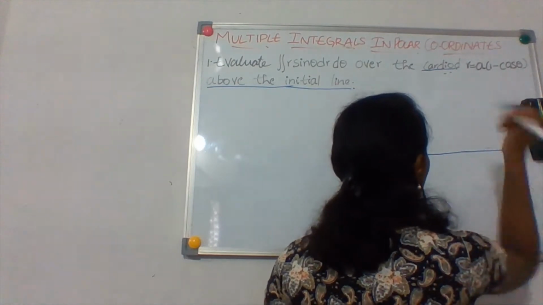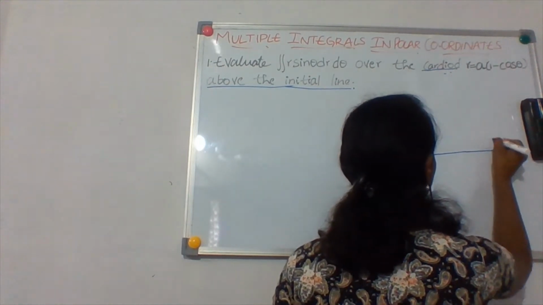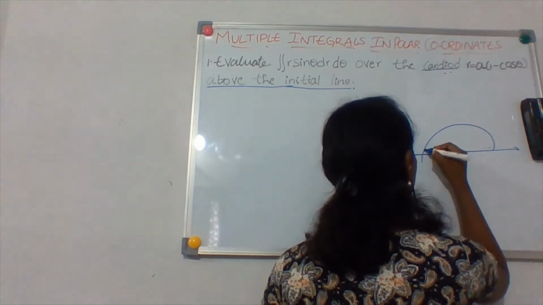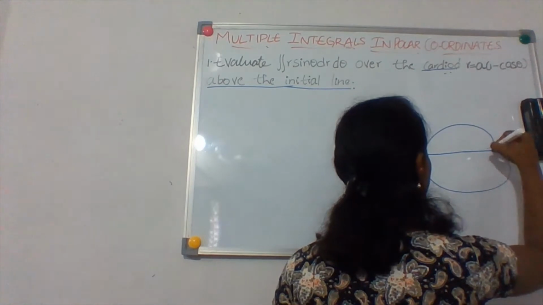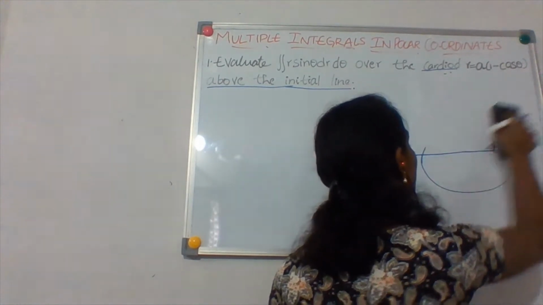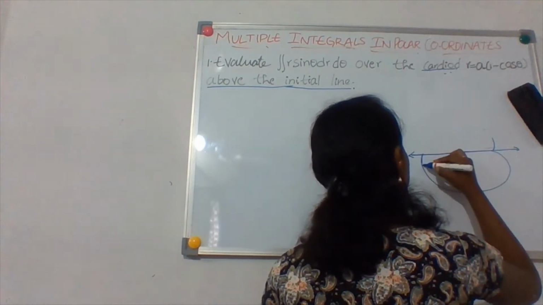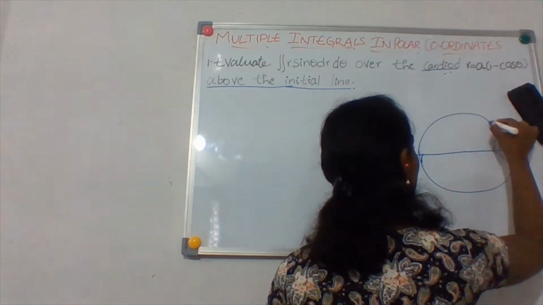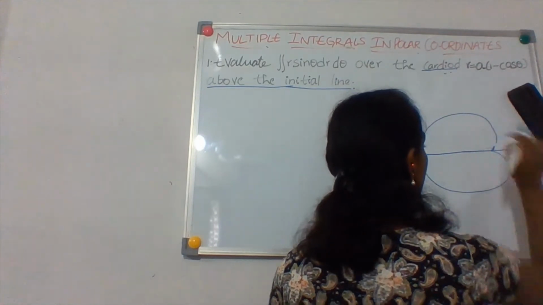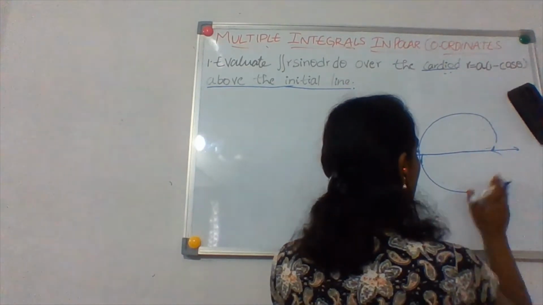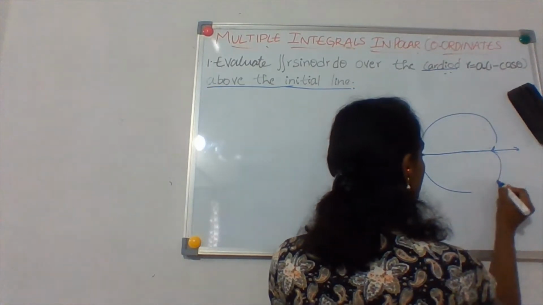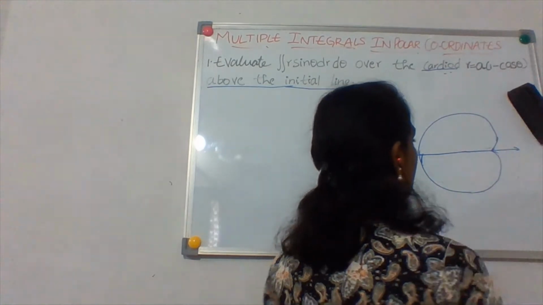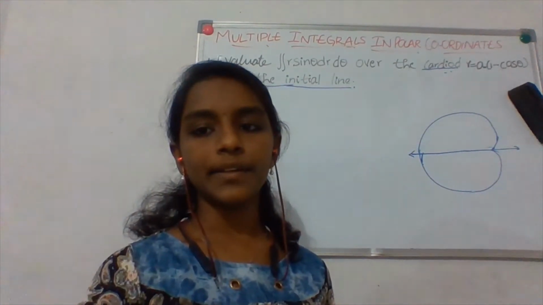You have to take the initial line, and you have to draw a cardioid which is in apple shape. I have told you earlier. It looks the same as an apple. The whole remaining structure would be like a circle. It just appears like a circle, but here you will have an apple shape. Got it? Okay. That is the cardioid here.